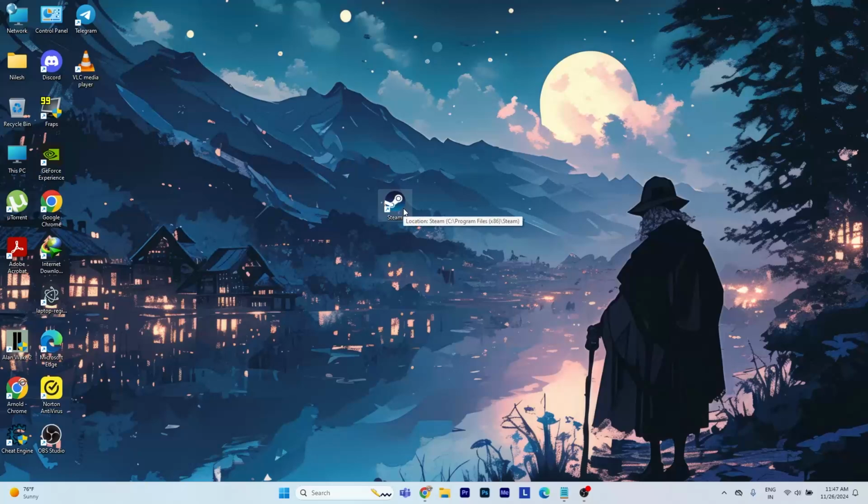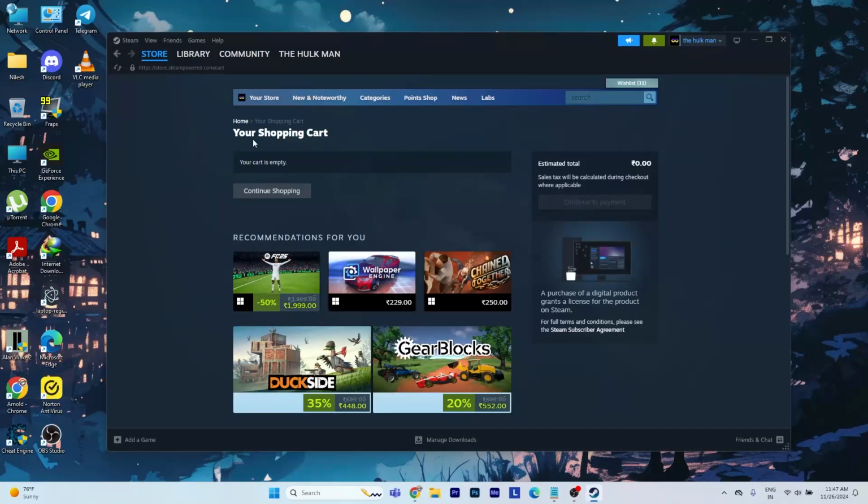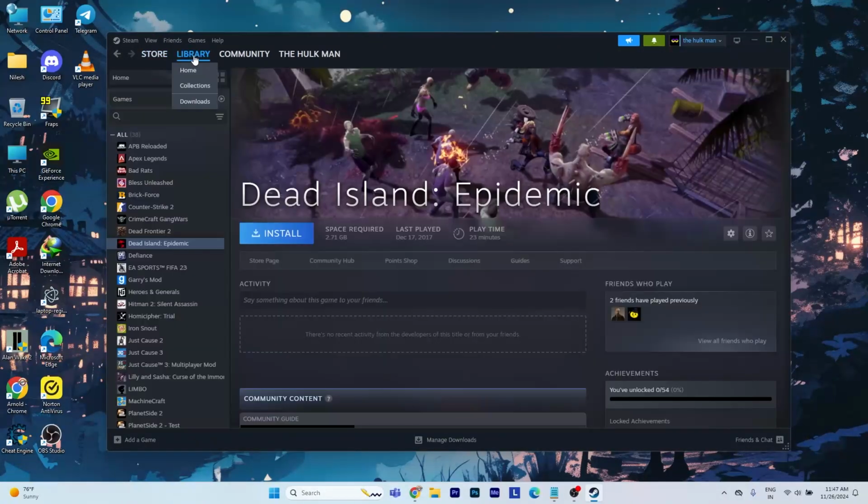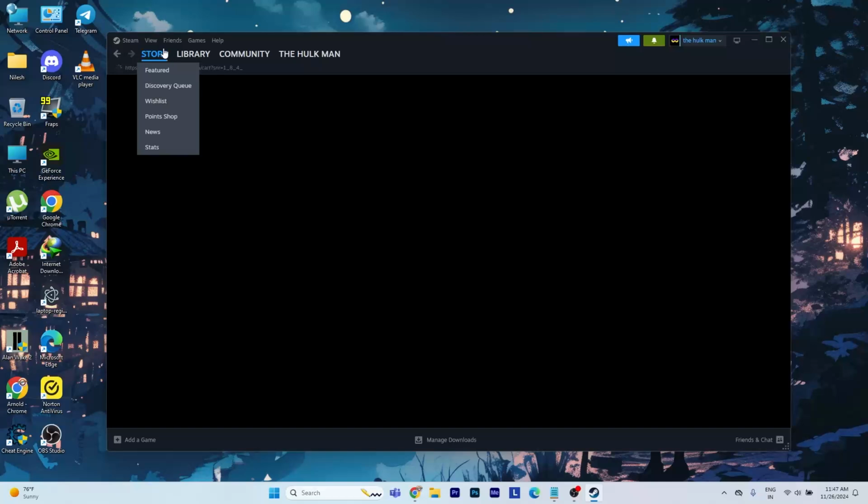Just create a Steam account for the first time. If you are opening Steam for the first time, just create a Steam account. Okay, double click here and now as you can see, this is the Steam application. So what you have to do is just press this store